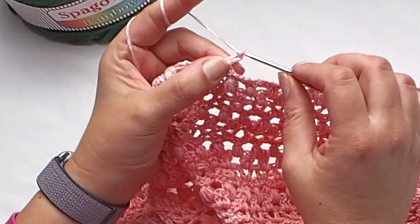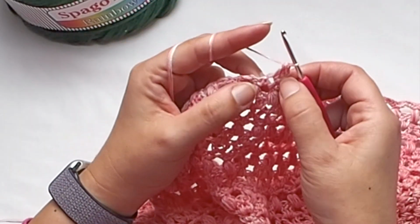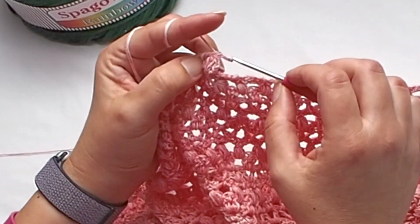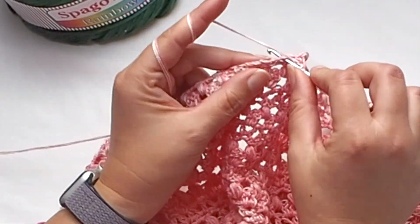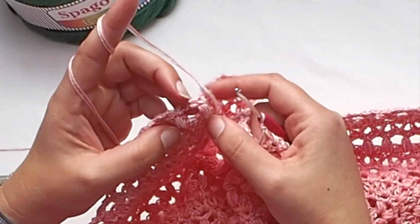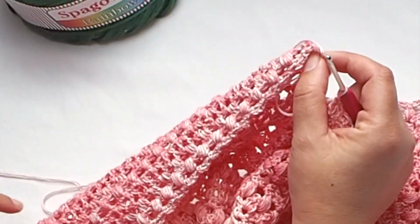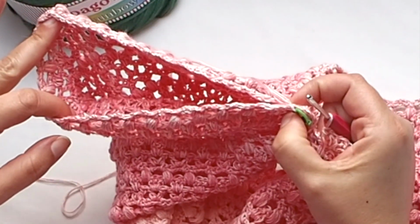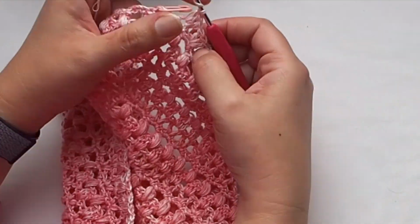Okay, so I have 3 double crochets in the first loop, and I will place 3 double crochet in each and every loop till I reach the corner, till I reach the marker. So 3 double crochet in each loop, then skip loops between stitch markers to make the armhole, easy peasy, and then continue on the back panel,